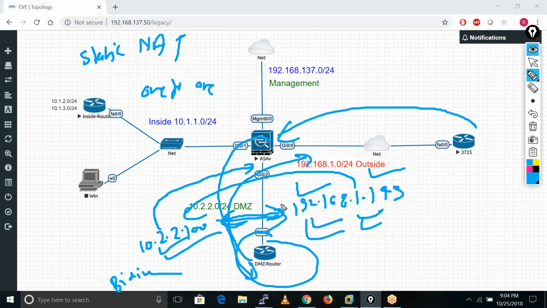So it's like dynamic NAT, correct? No. What happens in dynamic NAT? We can only do the translation in one direction. We can't do the translation from the other direction. So in dynamic NAT, we can just send from the local area network to outside only. We can't send any inbound traffic. But static NAT is bidirectional, so we can send the traffic in both directions.